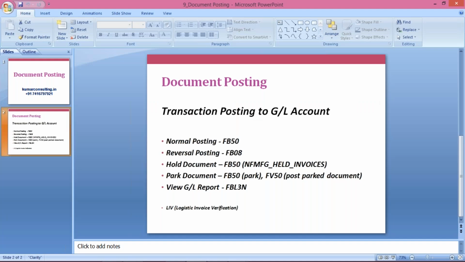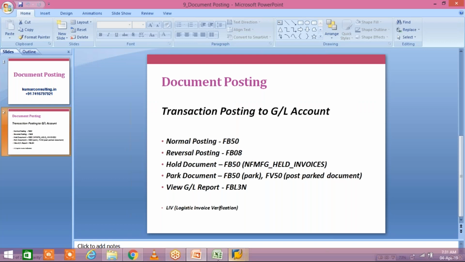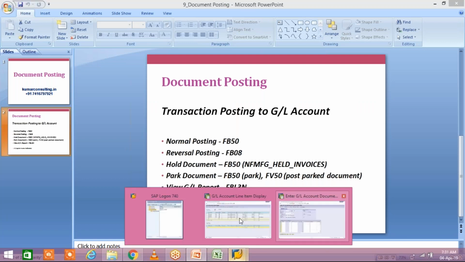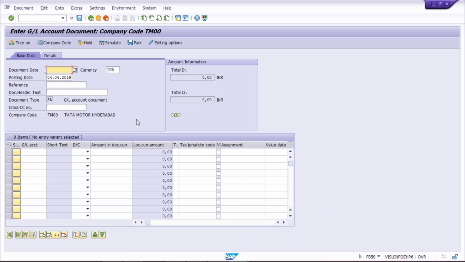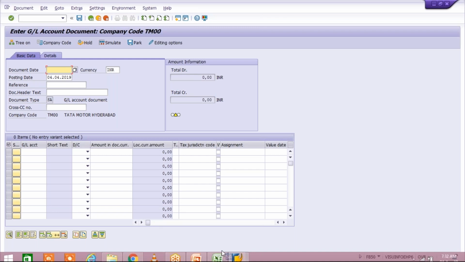So reversal posting we have done. Now whole document. What is this whole document? I will tell you. Whenever you post a transaction, look at here, we have this whole document option. What is this whole document, guys? What is this whole document? So I'll tell you. Generally, let's suppose